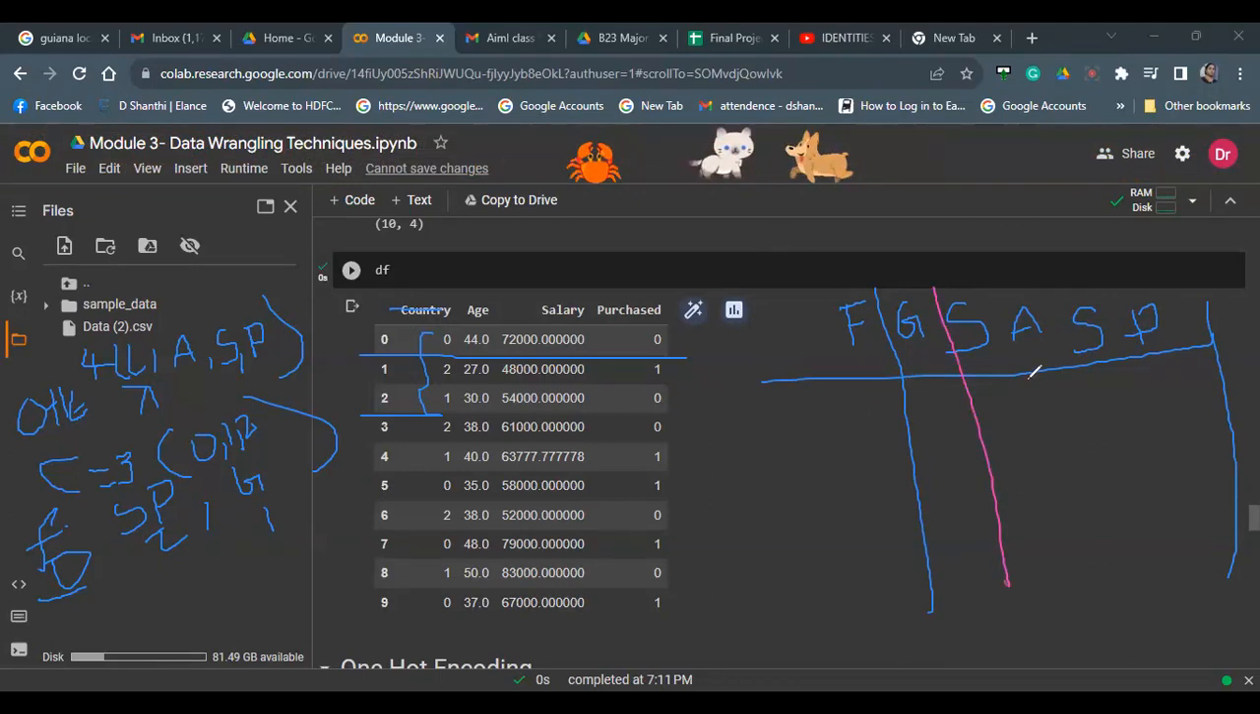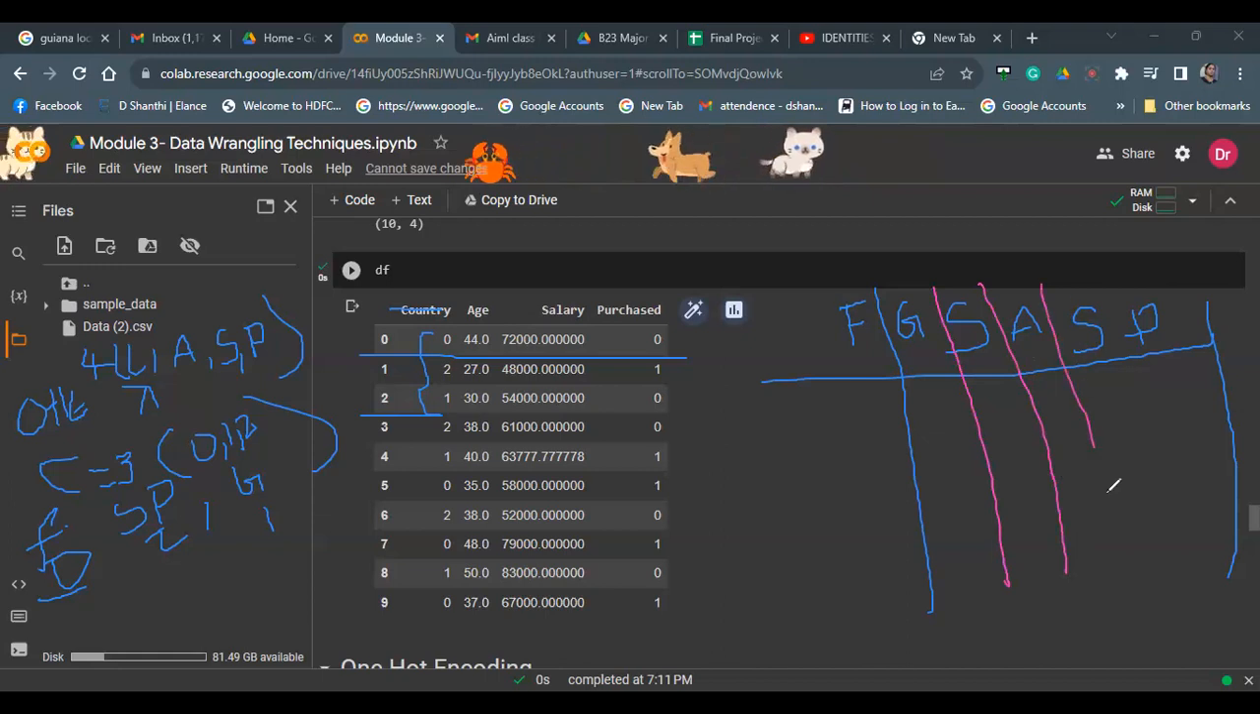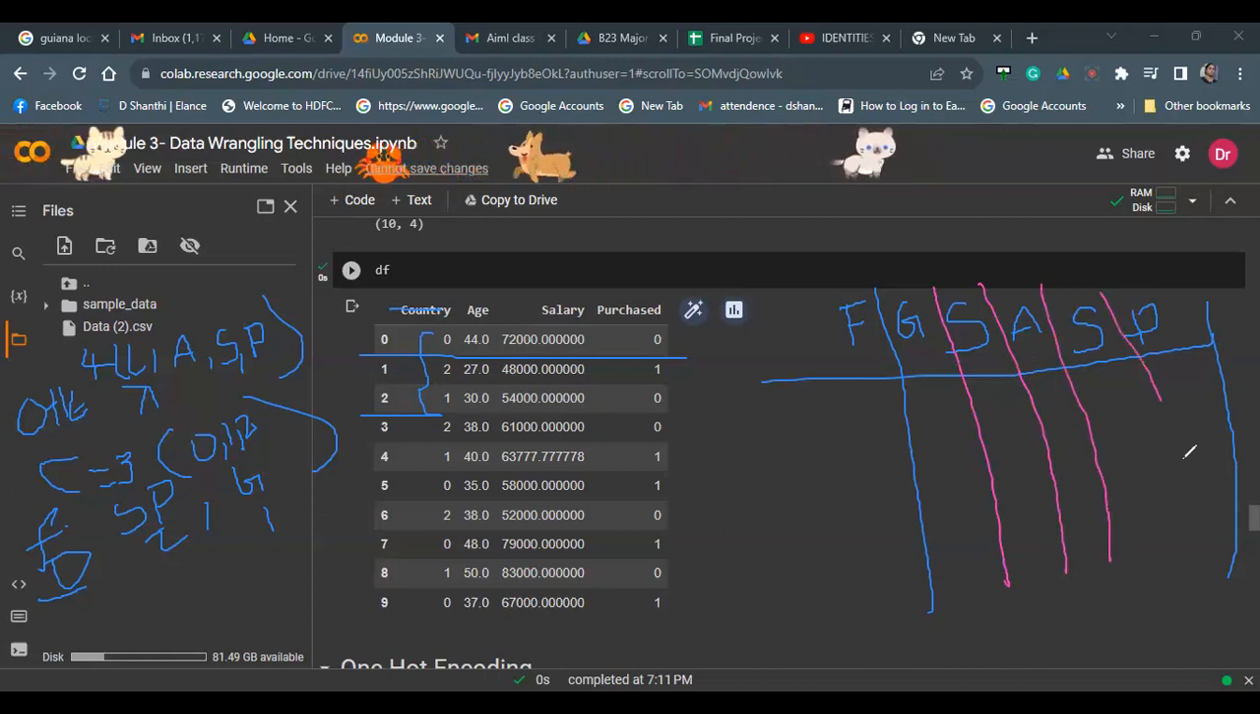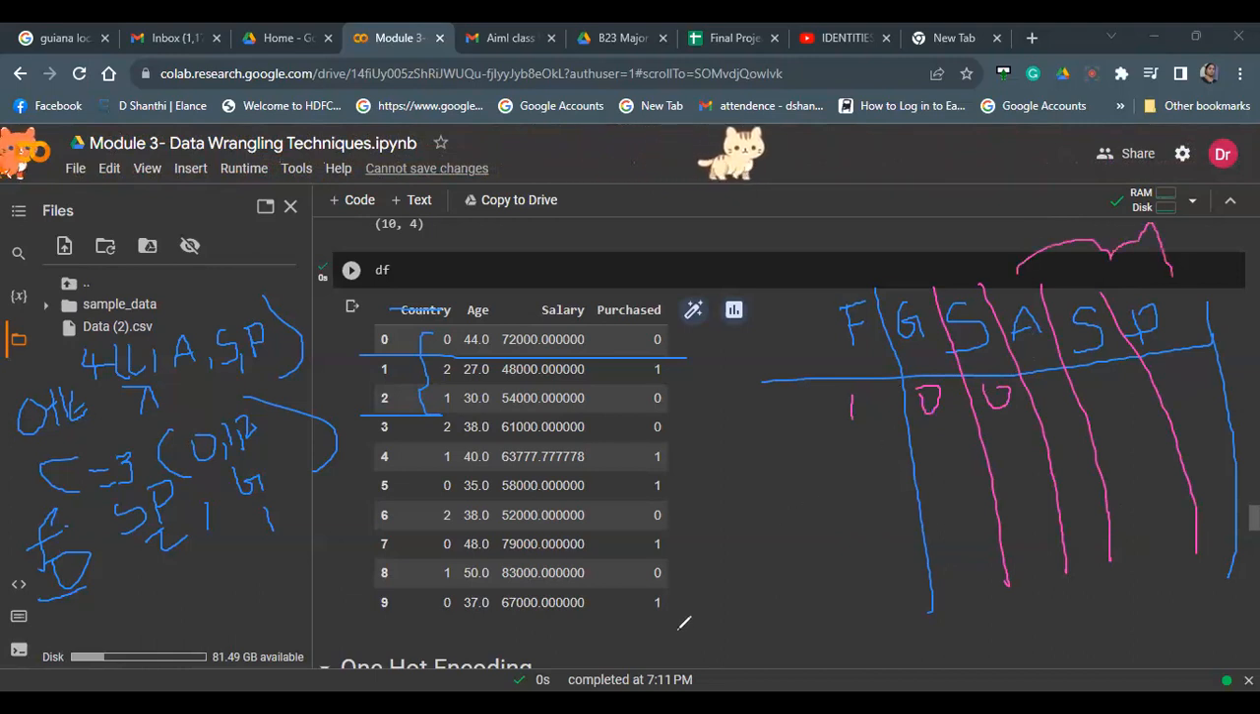France, Germany, Spain, age, salary, and purchased. So when the country is France, what does that mean? Here you'll get 1, and Germany and Spain will be 0. I'm not modifying any other content because in my